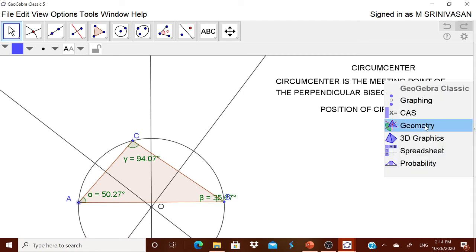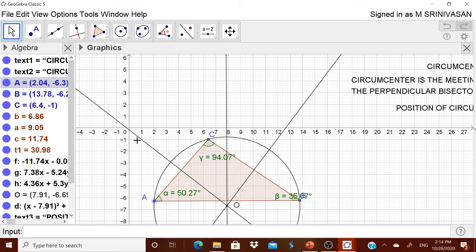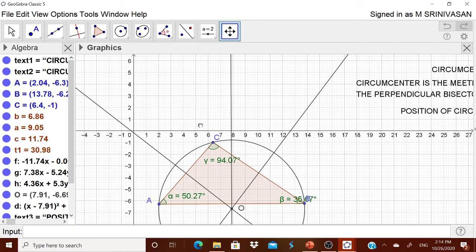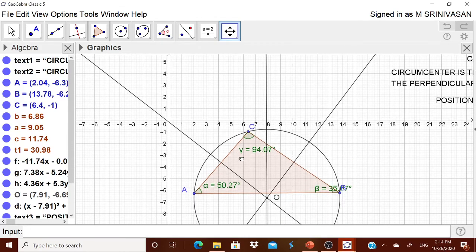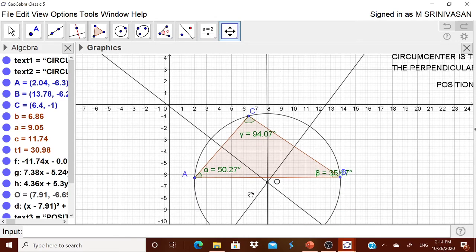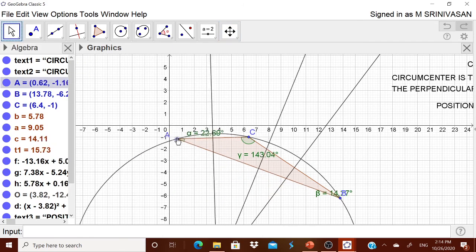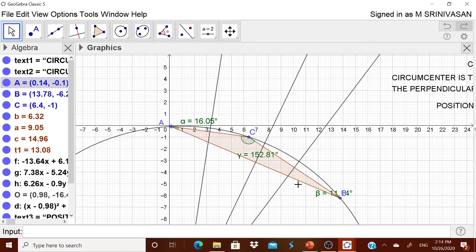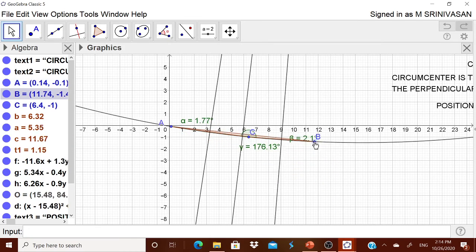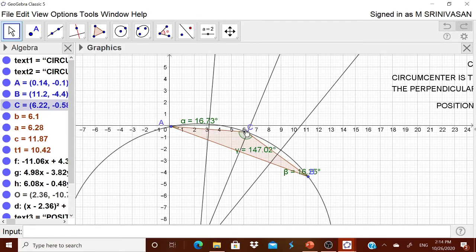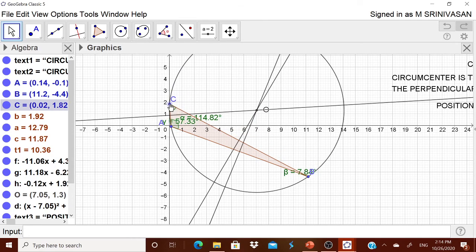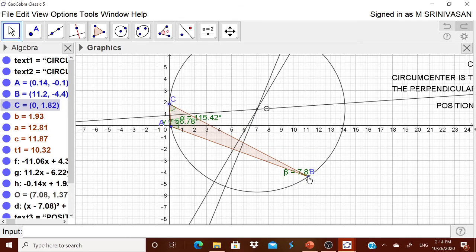You can play with the children. Go to the Graphics view. You have a right angle at the x-axis and y-axis. What you do is you bring one of the vertices and put it over here, and another vertex you put on the y-axis.